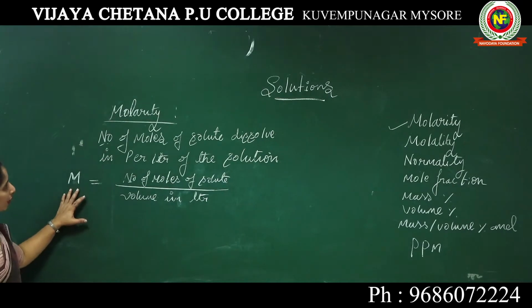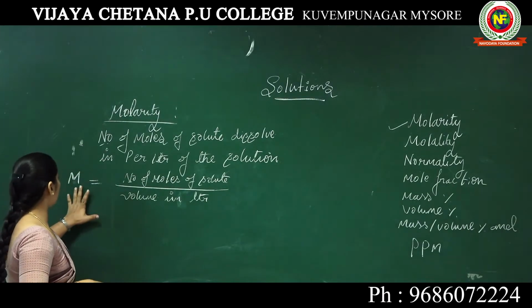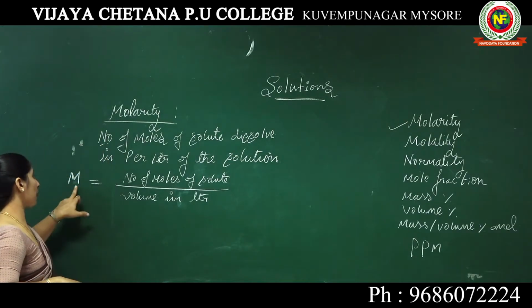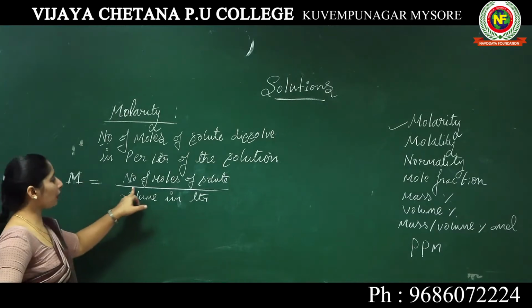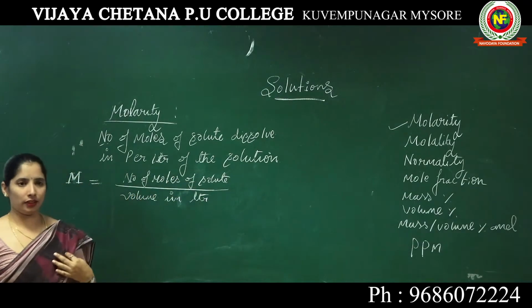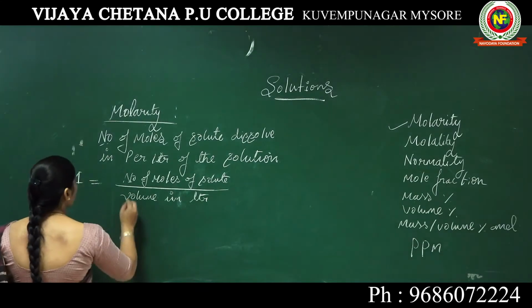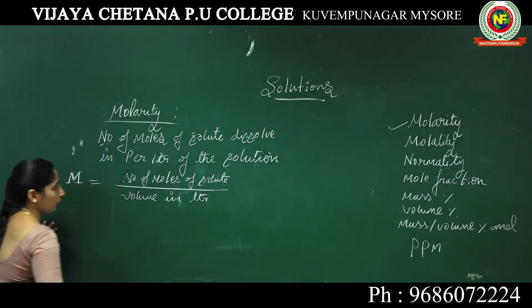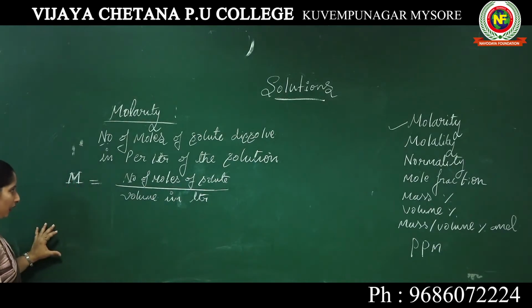So if you express this molarity in the theoretical form, in the theoretical equation, capital letter M represents the molarity. So M equals the number of moles of solute divided by the volume in liters. The volume in liters. So we already know that. So the number of moles, how to write this in alphabetical form? How to write this?